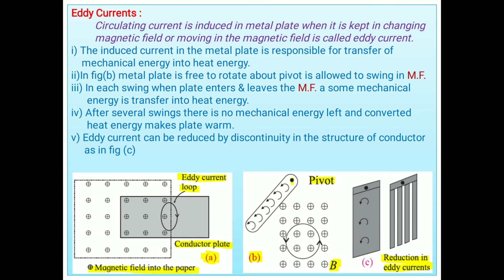I think this is all about this topic. Only these things are given in this book. Applications of eddy currents are discarded from your syllabus. Some applications are there. It is used in a deadbeat galvanometer, in an induction furnace to melt metal, in the electric brake system in the railway to stop the train, and in the speedometer of a vehicle to measure the speed.